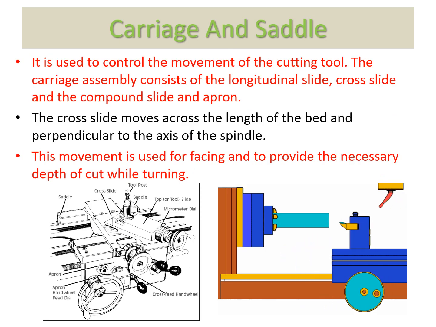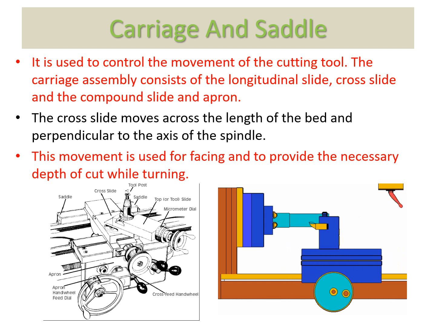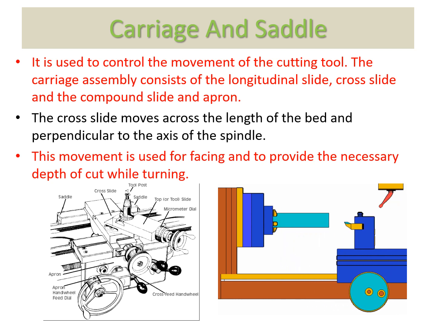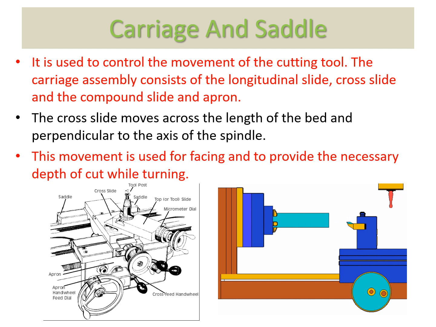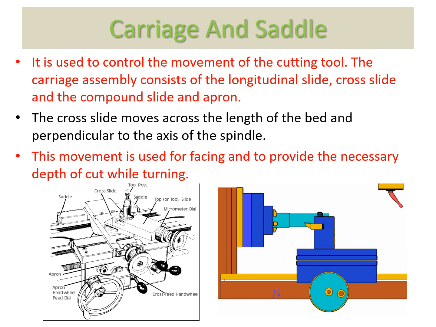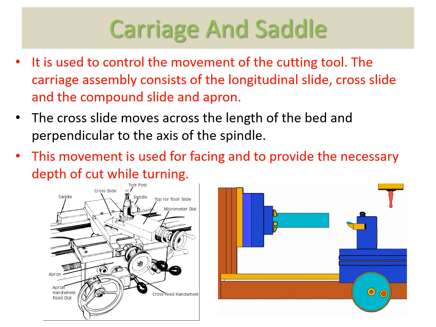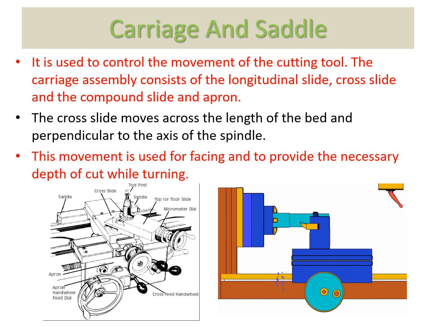As discussed earlier, the tool post is mounted on the carriage. Besides the tool post, the carriage houses the saddle, cross slide and apron. The function of the carriage is to position the tool along the length of the bed according to the workpiece with the help of the saddle and cross slide. The cross slide is perpendicular to the center of the lathe and it provides cutting motion to the tool, like in facing and parting operations. The compound slide moves in a circular path and is used for taper turning processes. The carriage is controlled manually with the help of the carriage handle.